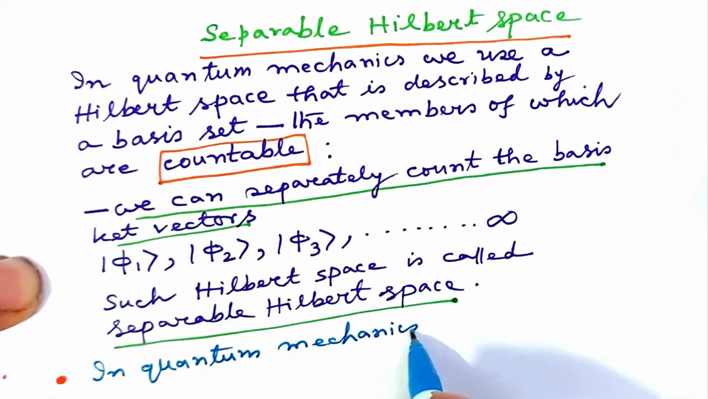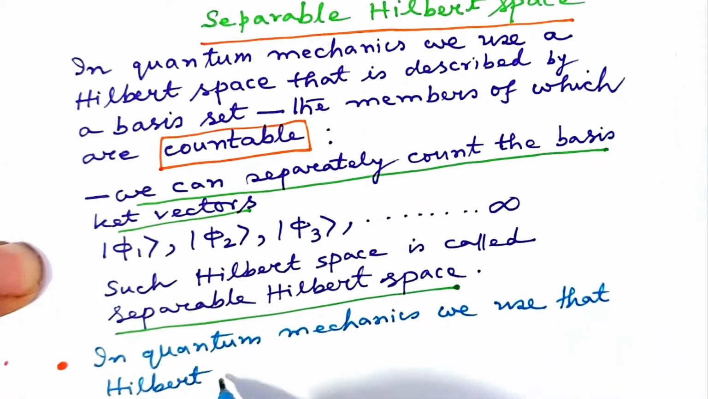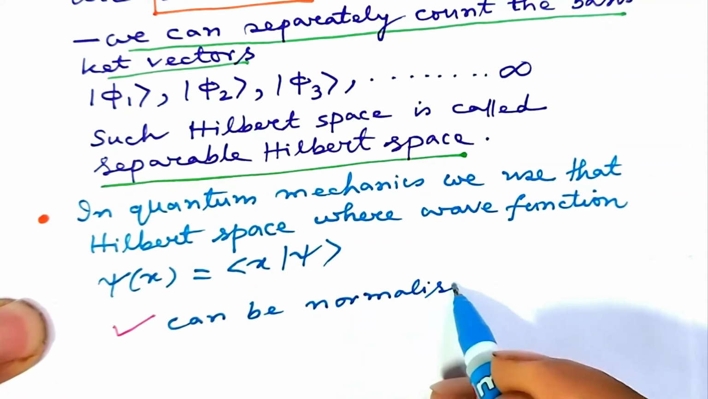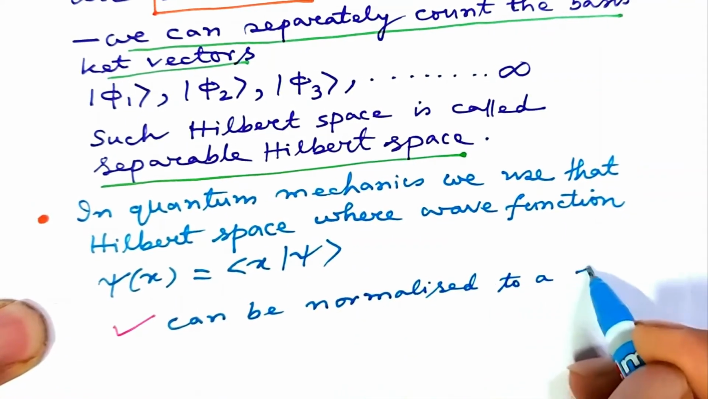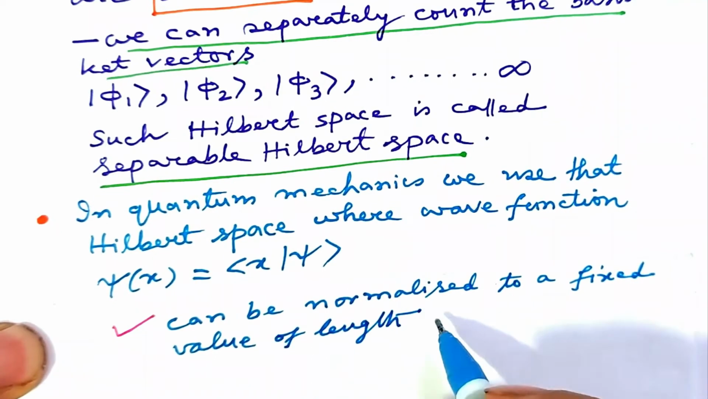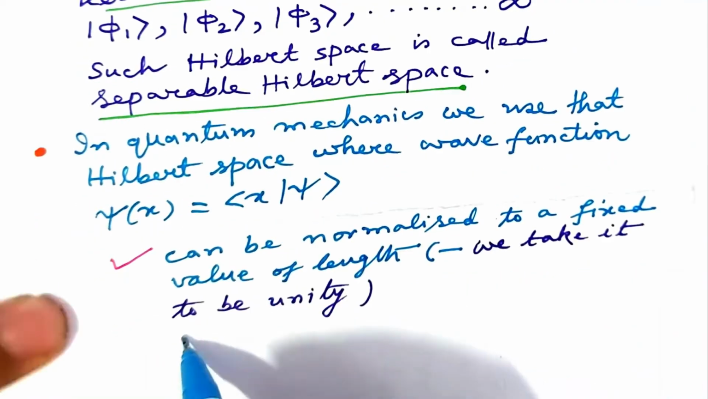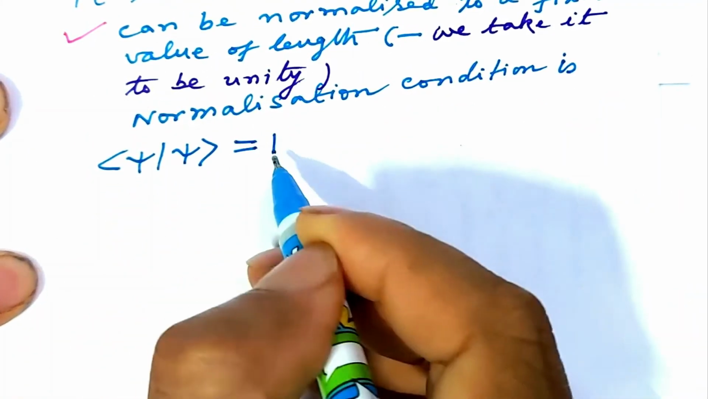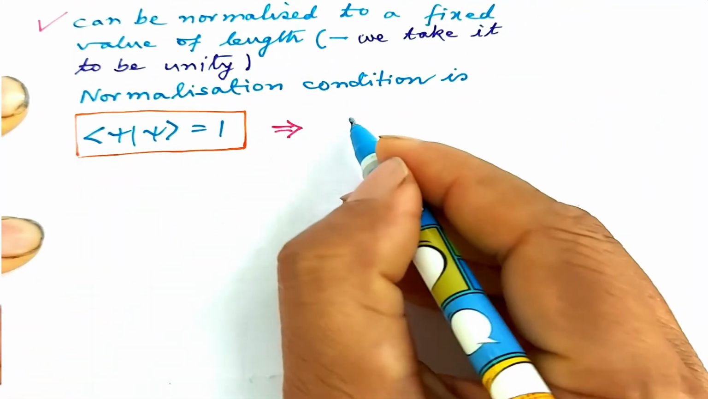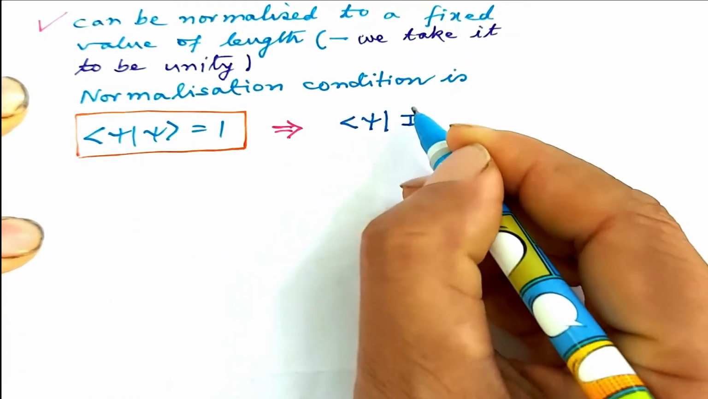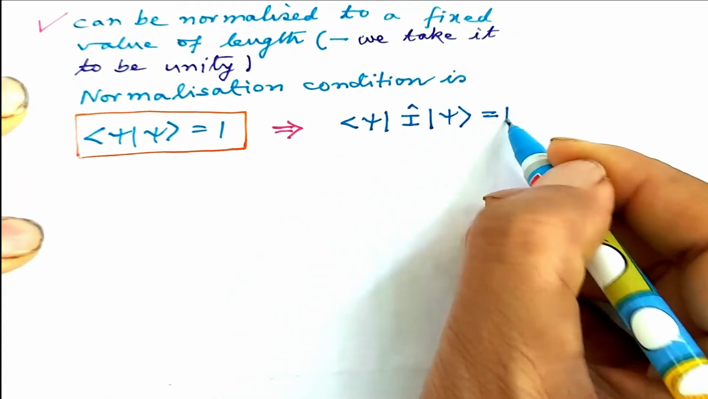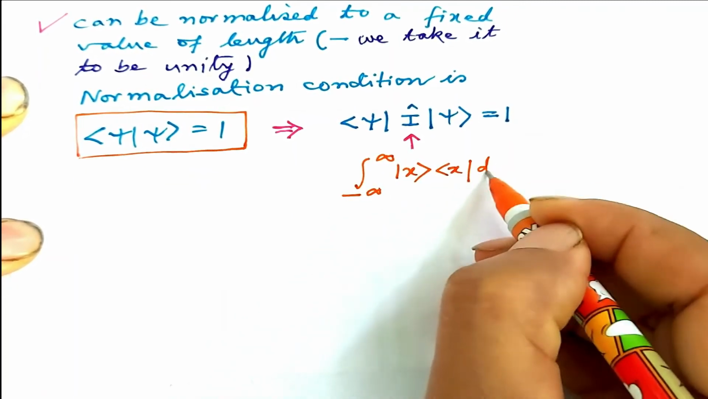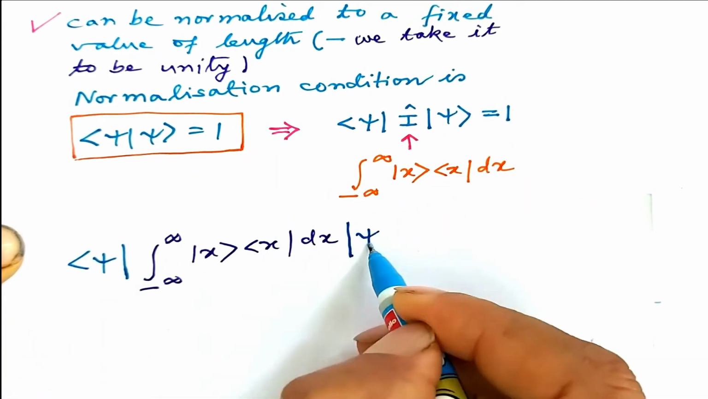In quantum mechanics, we use that Hilbert space where the wave function psi of x can be normalized such that state vectors have a fixed value of length. We take it to be unity. The normalization condition is bra psi ket psi equal to 1. We can sandwich a unit operator between bra psi and ket psi and then replace the unit operator by the integral of ket x bra x dx. This gives us,